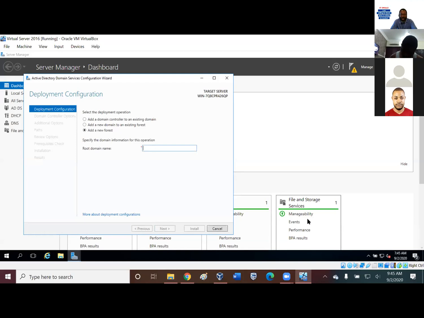No. Let's use this simple one. I already used COVID-19. COVID-19.com. All right, so the root domain name is COVID-19.com. So a domain name would usually